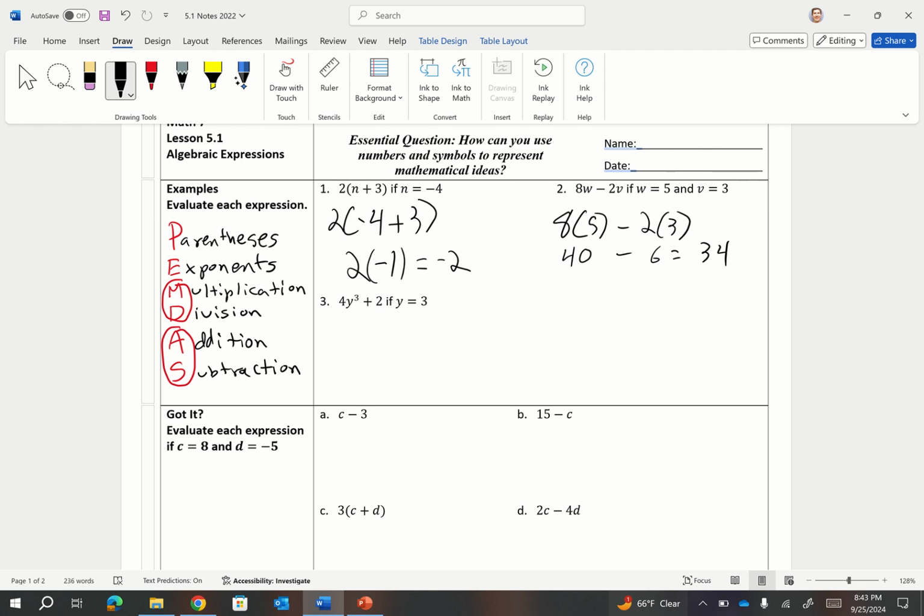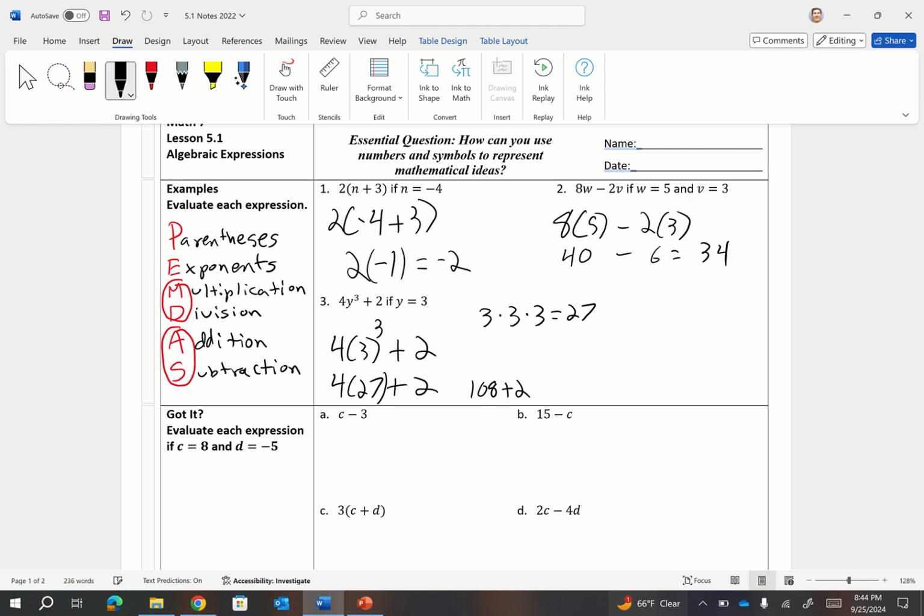Next one, y equals 3. We've got 4 times y to the third power. So I'll write 4 times 3 to the third power plus 2. So a common mistake here would be to do 4 times 3 first and then do that to the third power. But we've got to do exponents first. So we've got to do 3 to the third power, which is 3 times 3 times 3. That equals 27. So now I'll rewrite this as 4 times 27 plus 2. 4 times 27 is 108